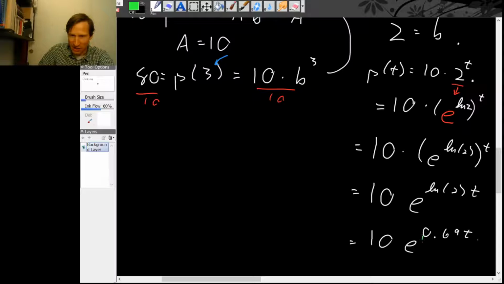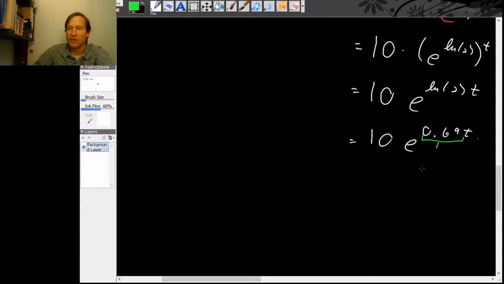This number here, the constant multiple in your exponent, sometimes gets called the rate constant. Or time constant, or growth rate, or many other terms. Okay,